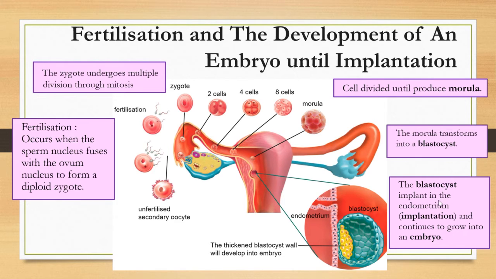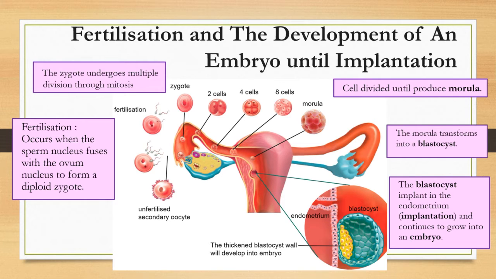in the endometrium. This process we call implantation. So this refers to implantation, when the blastocyst implants itself in the endometrium, and it will continue to grow into an embryo. So this is what happens